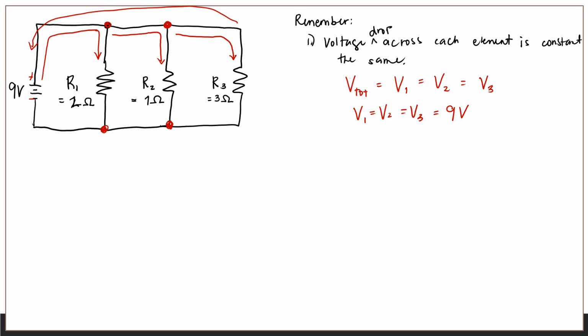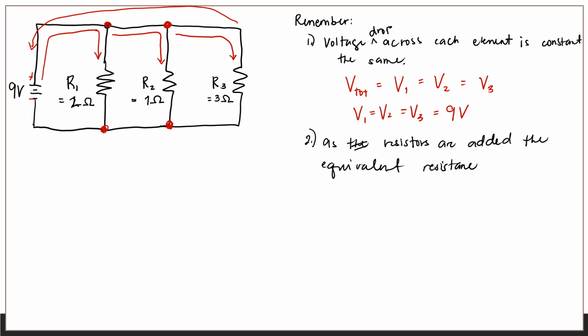The second point to remember is that in a parallel circuit, as resistors are added, the equivalent resistance decreases. What is the meaning of that? Because in a parallel circuit,